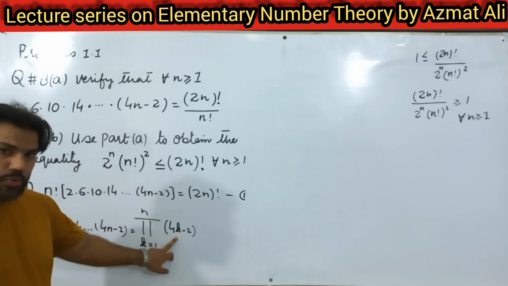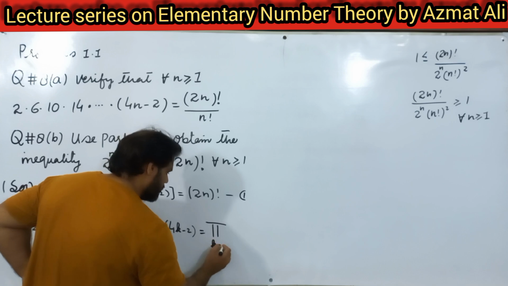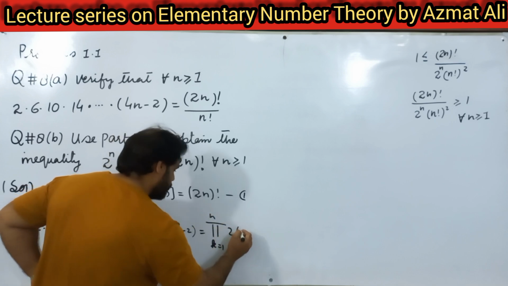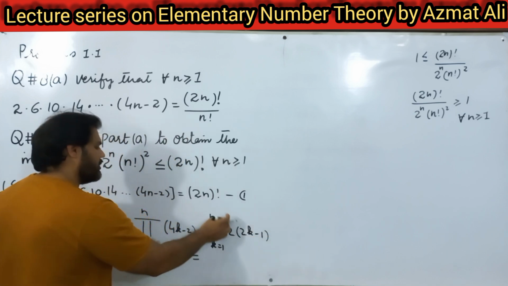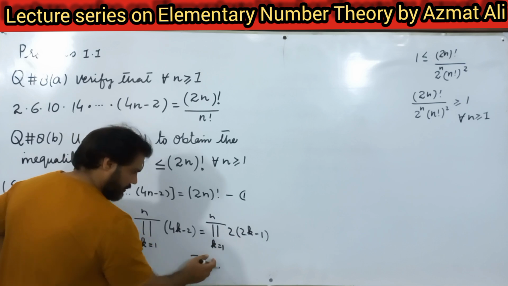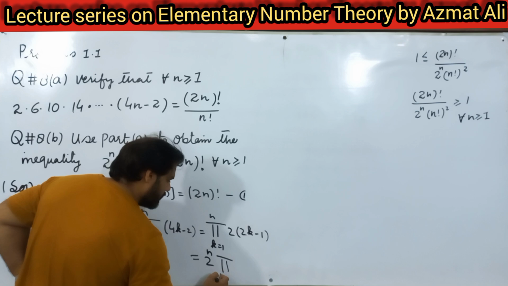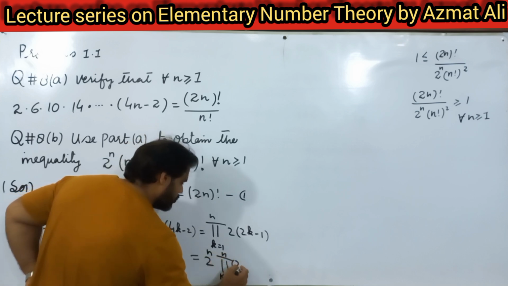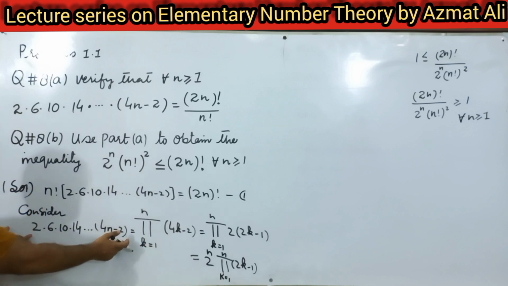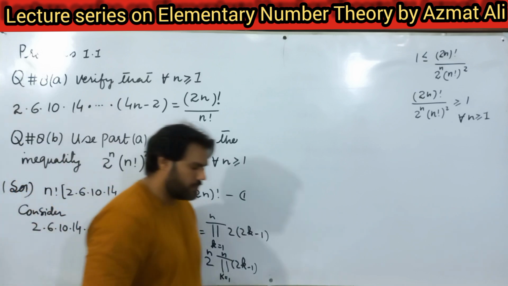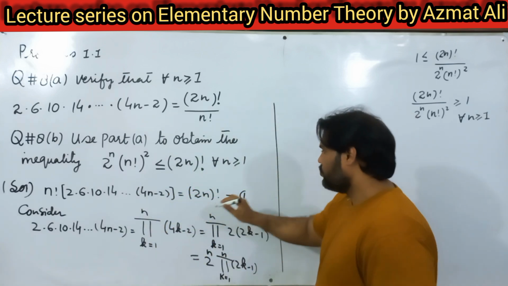If we take 2 as a common factor from this bracket, this can be written as the product k is equal to 1 to n of 2 into 2k minus 1. By applying the product n times on this number 2 and shifting this number outside the product, this can be written as 2 whole power n, product k is equal to 1 to n of 2k minus 1. So substituting this whole product in 1 becomes 2n factorial